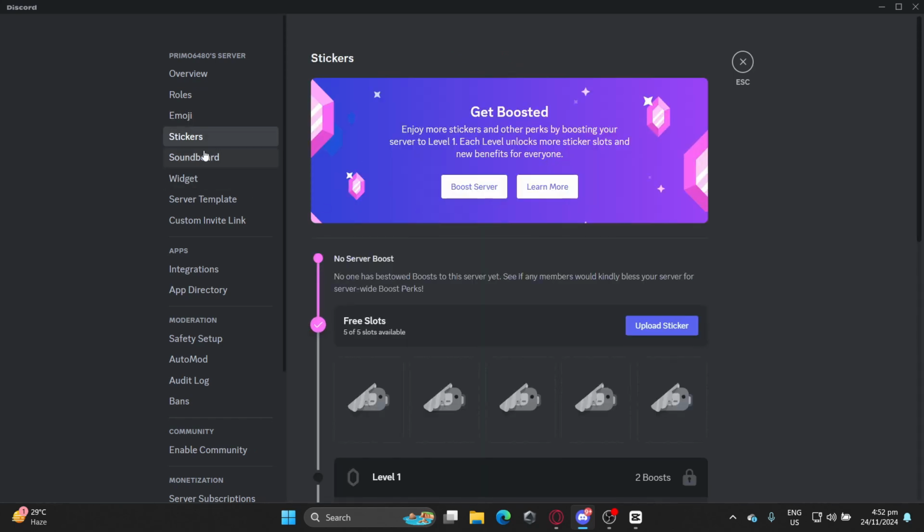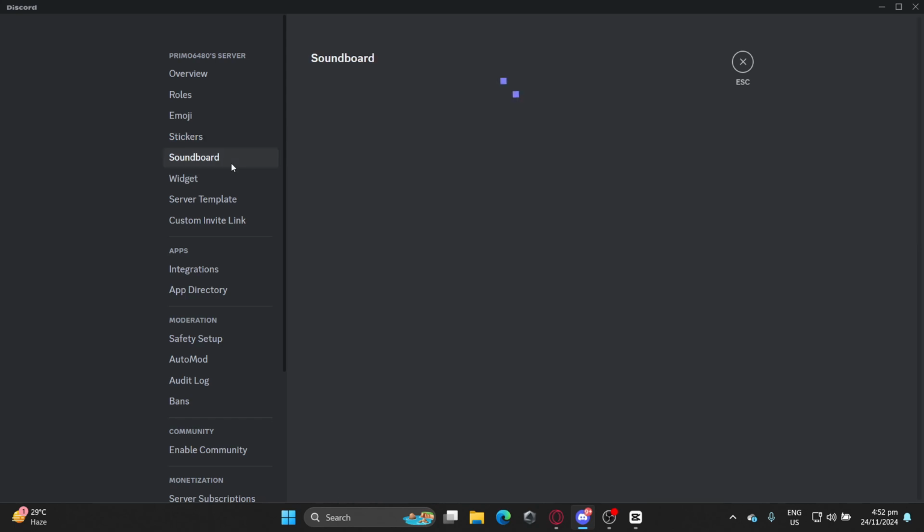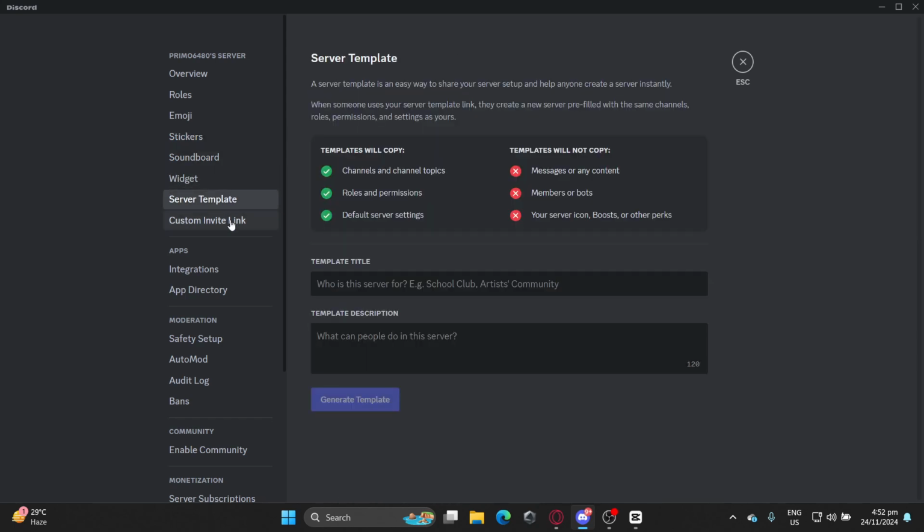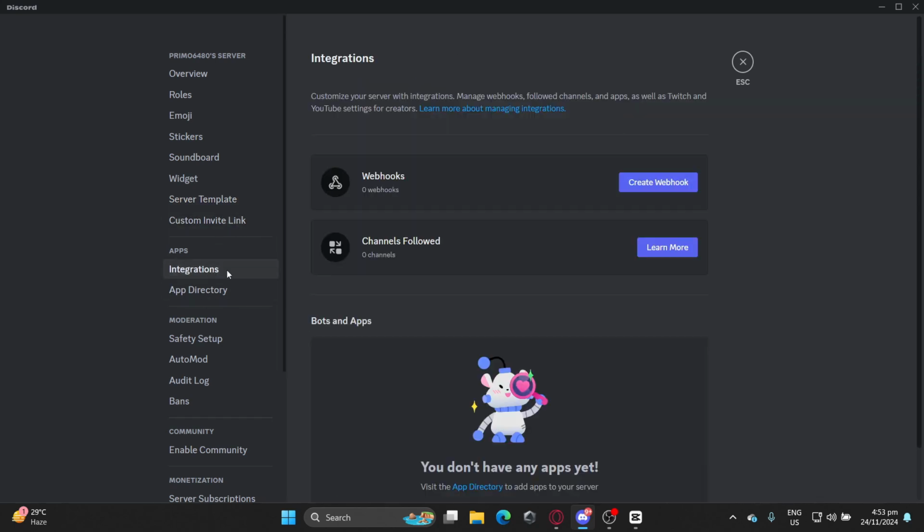Stickers, it's for views only. Widget, and if you want a template title, you can type here, or description. Then you can generate a template. Integrations,